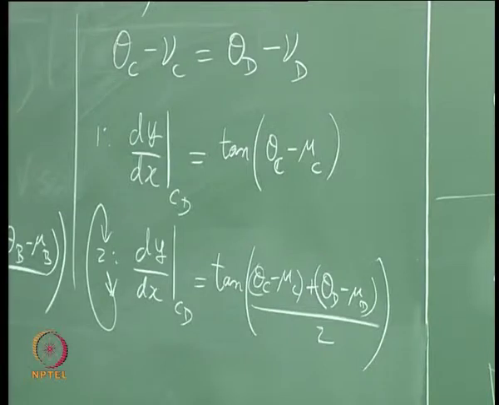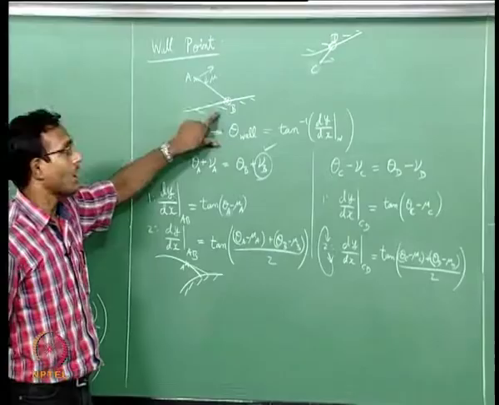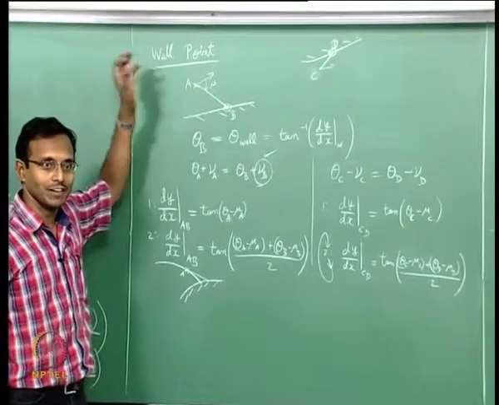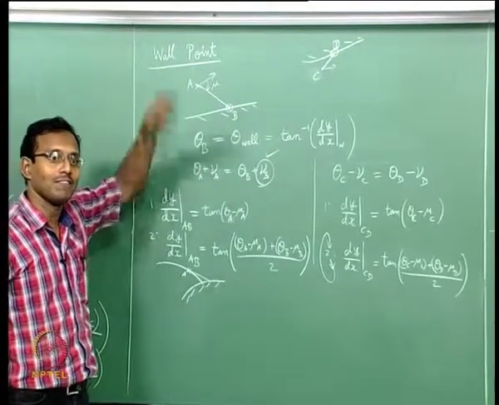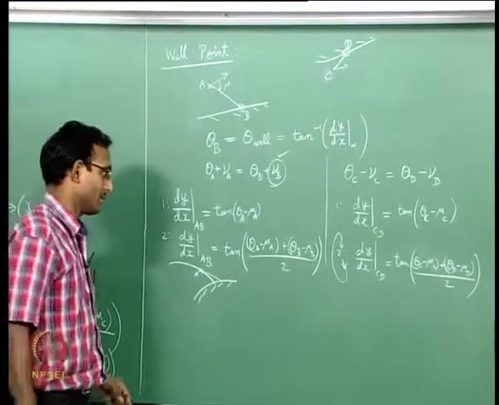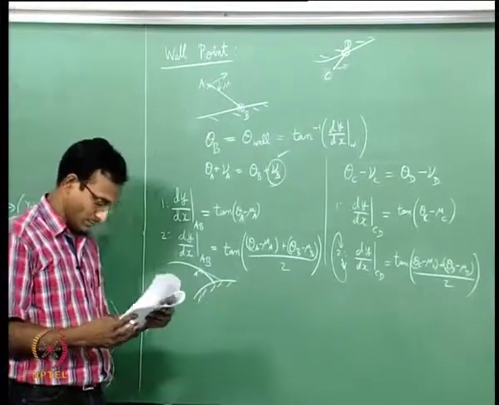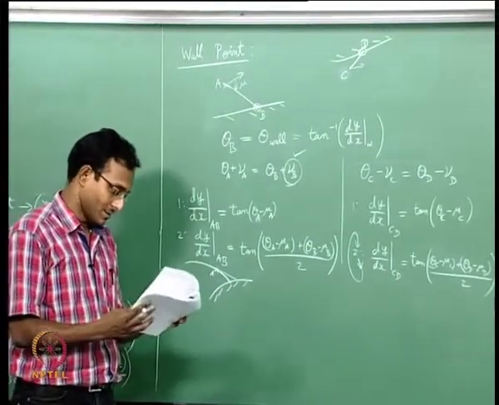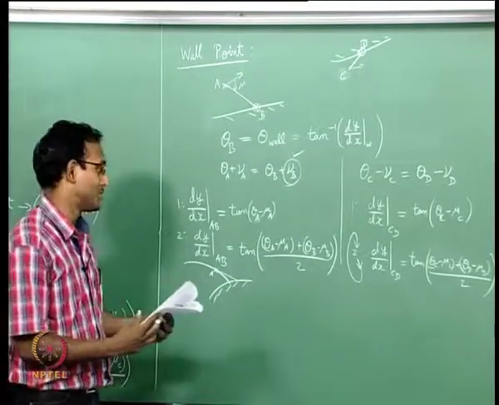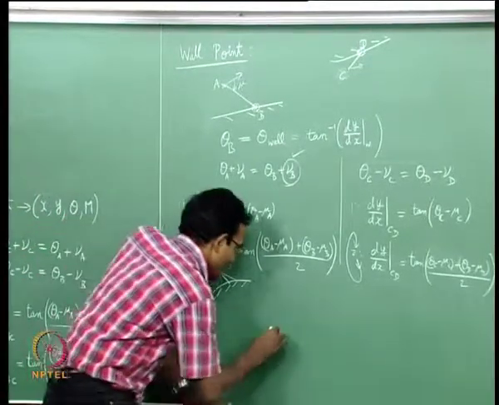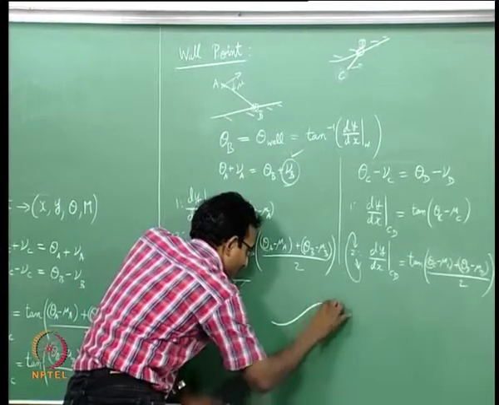Okay. And finally, that gives out your point B or point D depending on whether you are having right running characteristic hitting the wall or left running characteristic hitting the wall. Okay. And this gives you the next point. Now, with this most of the problems can be solved. Okay. If you are thinking about simple flow problems like say a flow through a duct,